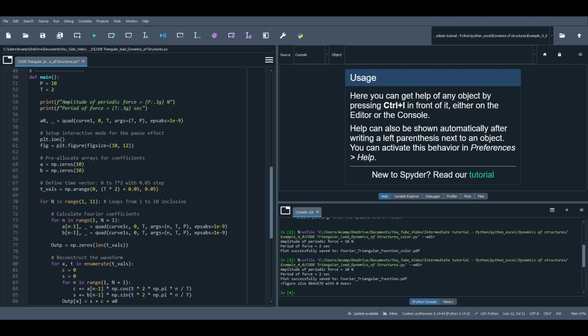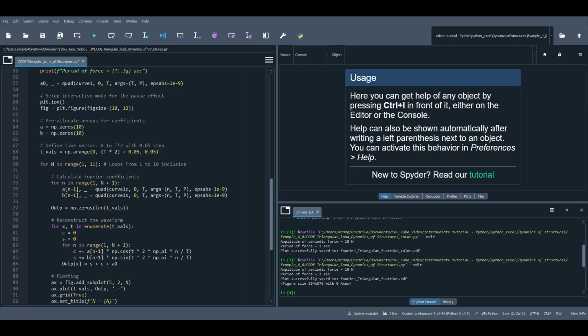Output, create an empty array to store the reconstructed wave values for the current value of n. For x, t in enumerate t-value, loops through every time point. T-value, x is the index, t is the actual time value. C equals 0, S equals 0, initialize the sum of the cosine and sine components at the specific time t. For n in range 1, n plus 1, loops through all calculated harmonics, and